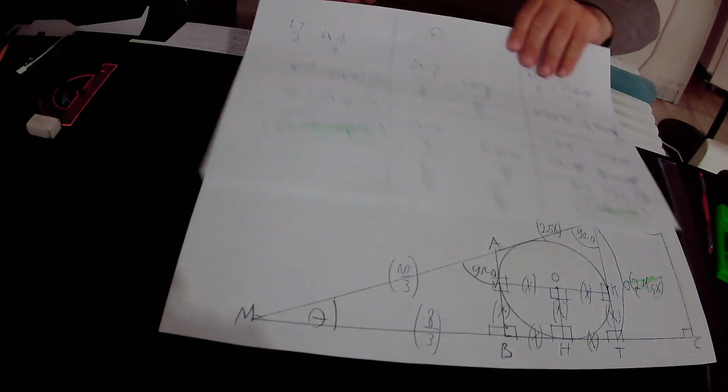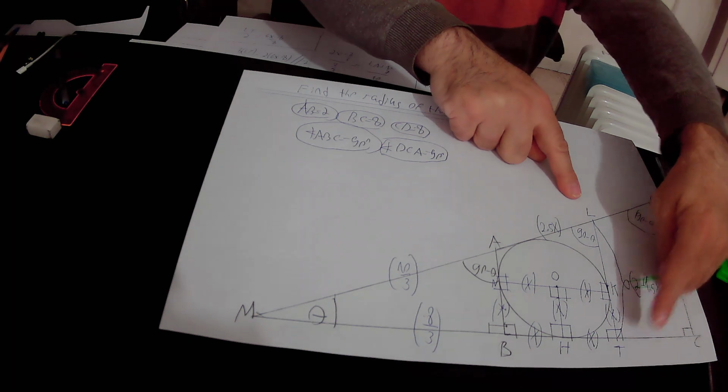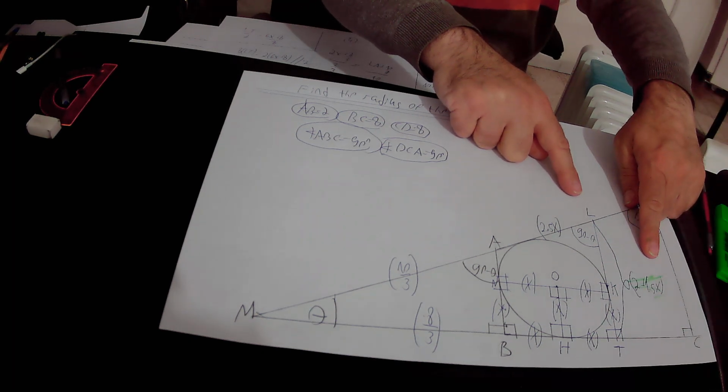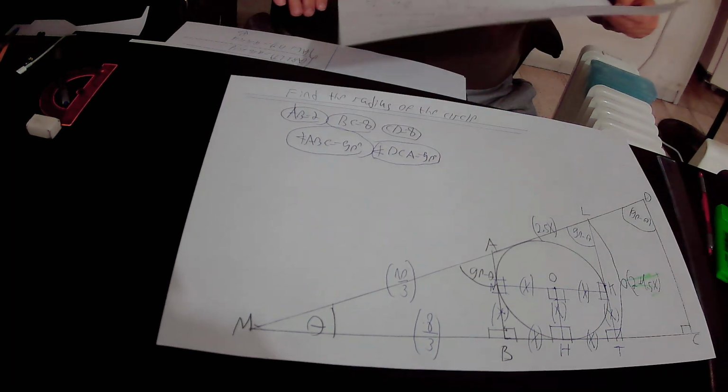Here, LT in total equals 2 plus 1.5x. Then